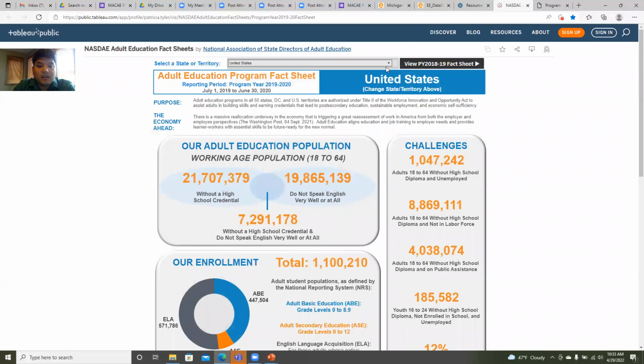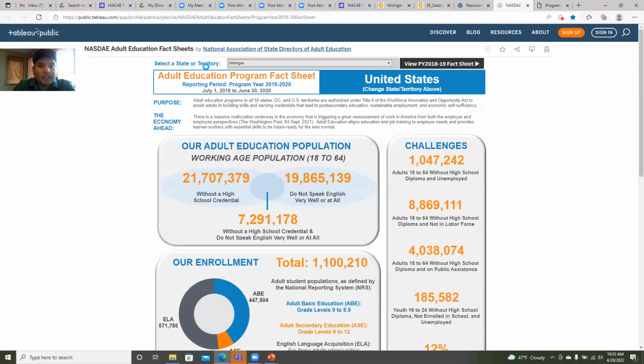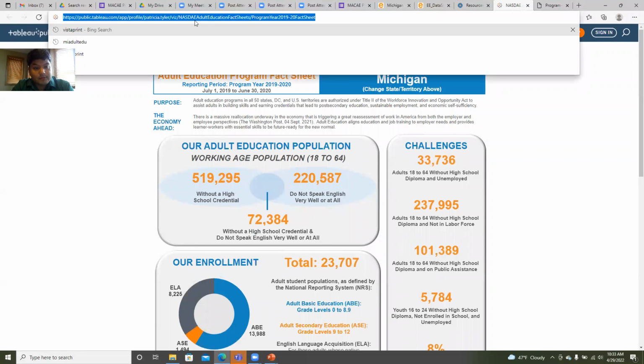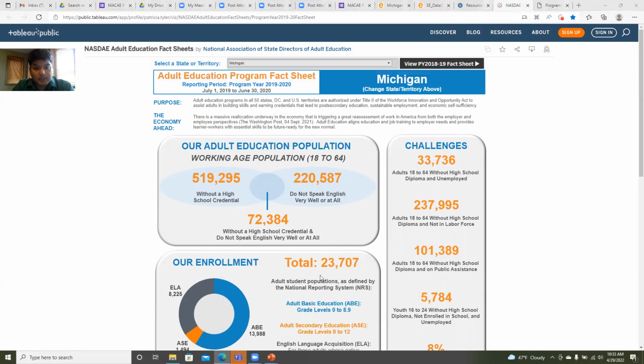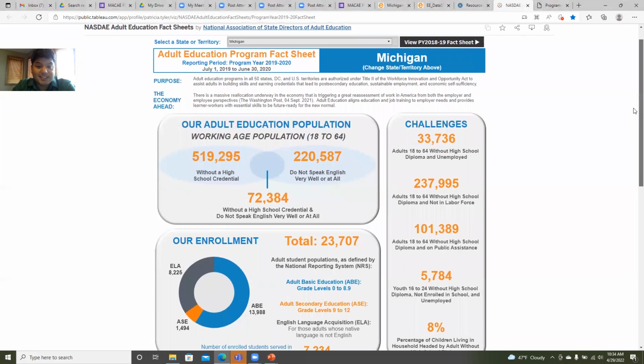So if you go here, you can see over the entire United States, but then you can also click down into specific by state. So I'll put this link into the chat as well. And so much of the same information that we're working on, you will see that there are some slight discrepancies in the data. The NASDAQ one is more up to date, July 2019 to June 30th, 2020, than the COAB one that I just showed you.